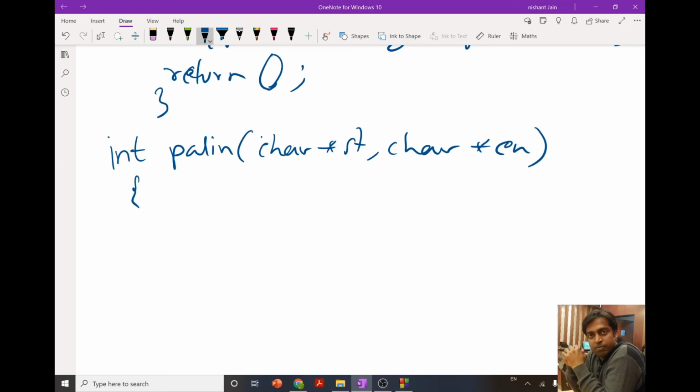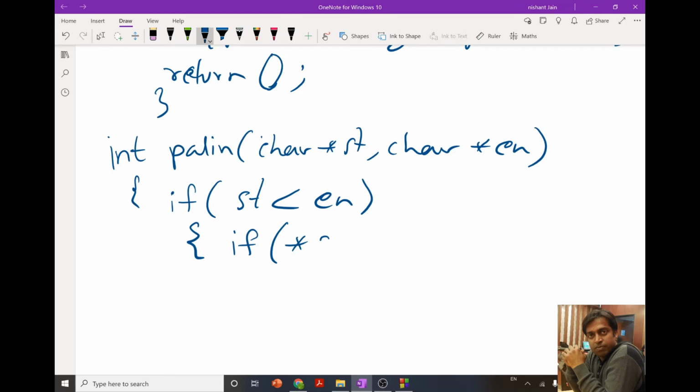After that, inside this body, we need to put a condition: if st is less than en, because only then do we need to check. Then we will check if they are equal, if the value at address st is equal to the value at address en.